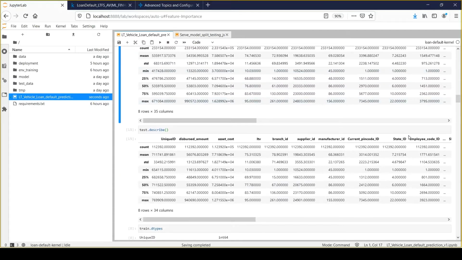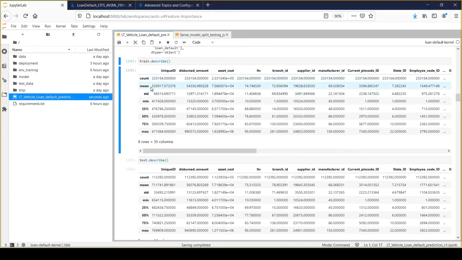And also that will help you in understanding whether my training and test data differ, or whether the statistical properties for both train and test data fall in a similar range, right? Because if that's not the case, then probably we don't have the correct amount of data, or the data is not representative, right?